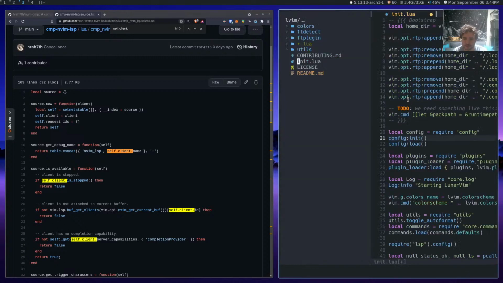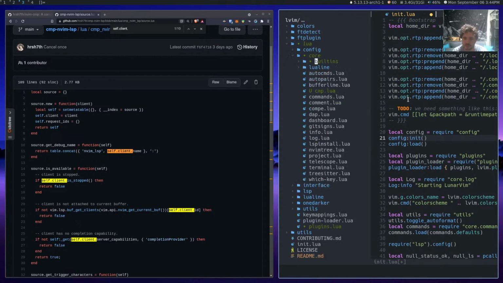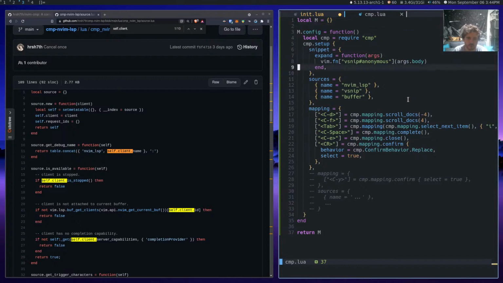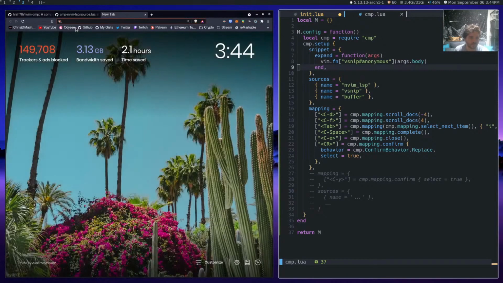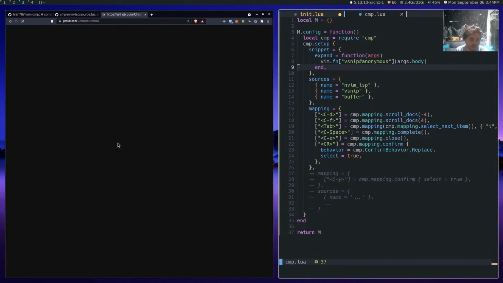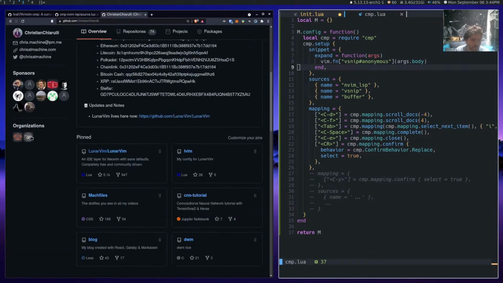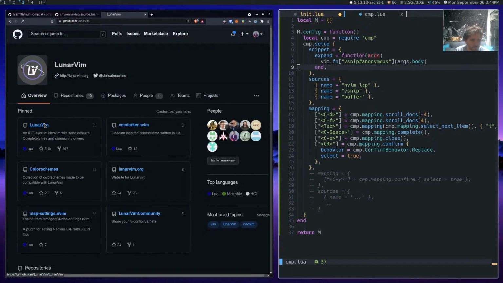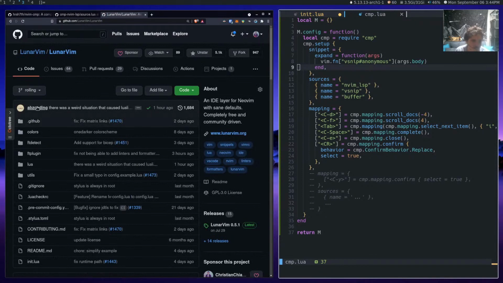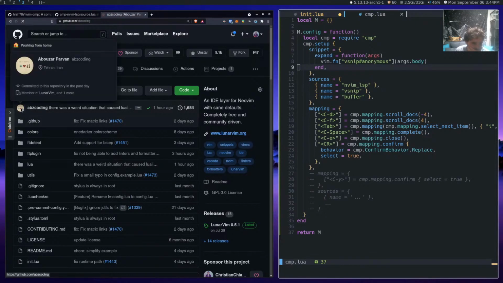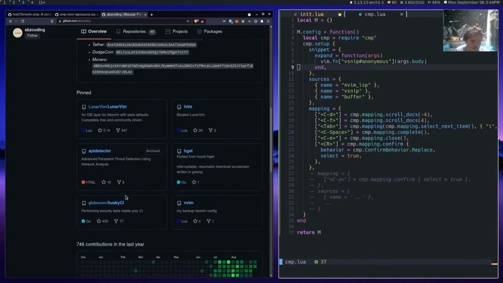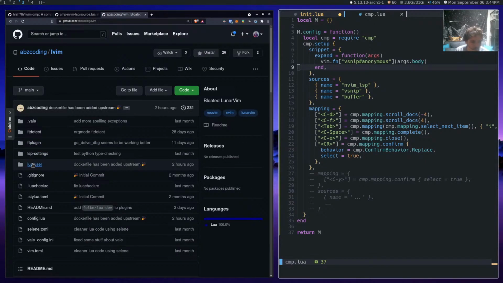Let's get some of the easy stuff out of the way. Also, let's see what ABZ's got going on. Let's snipe off of some of his stuff. Bloated lunar vein.